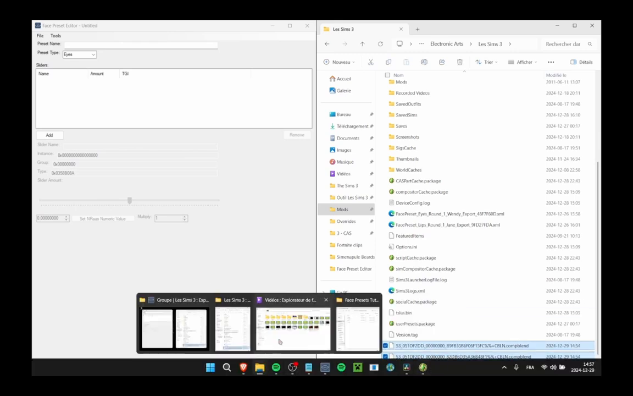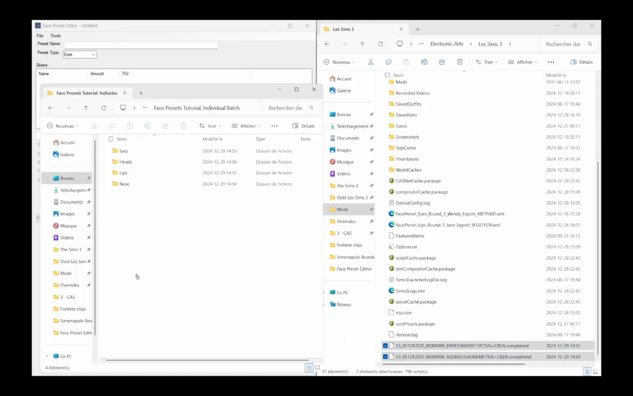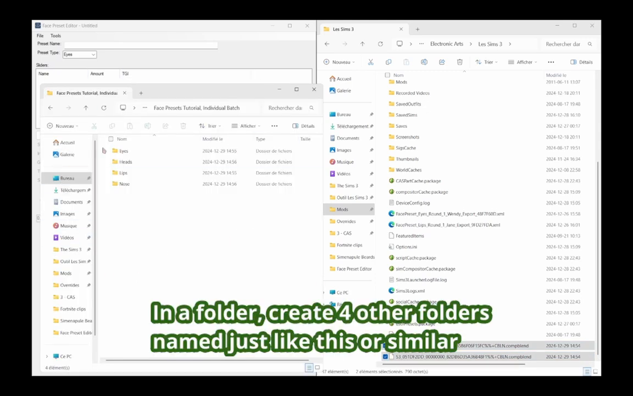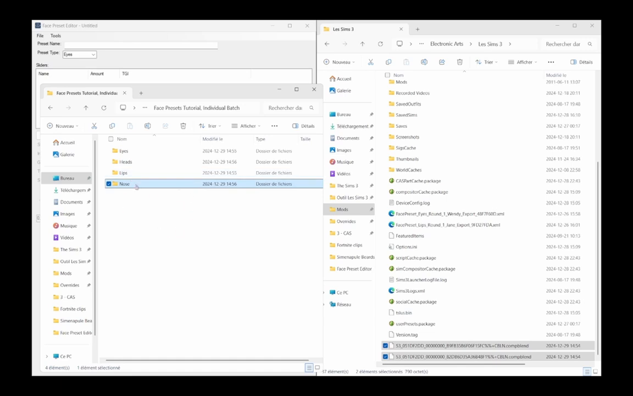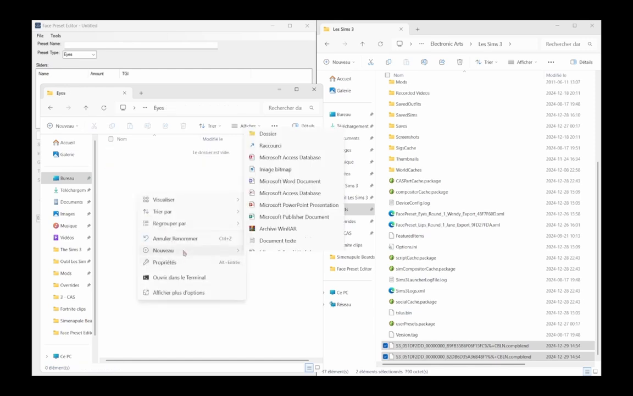To solve that problem of not knowing what is what, always start with a base folder that has each and every category. Why? Because it's important. You might add more presets or you might have exported other presets than I did. So this is why I'm showing you how I used to do it when I was doing my default replacement presets. So I would have eyes, heads, lips, nose. In my case, we exported eyes. So what I'm going to do is